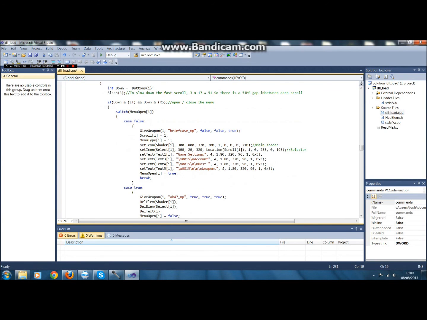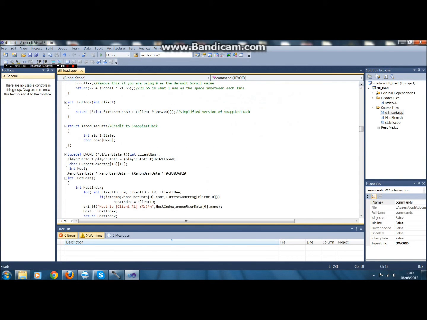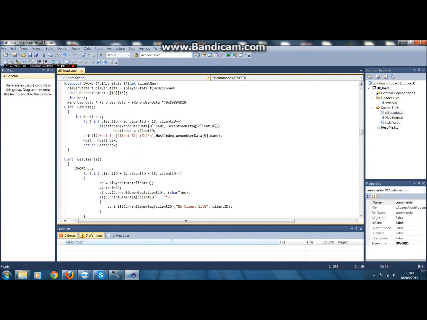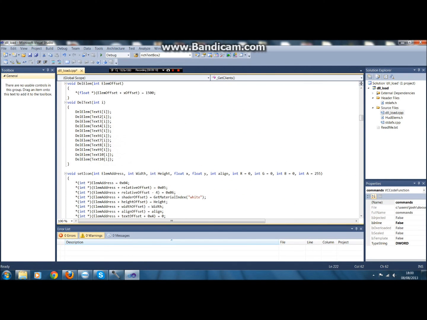Oh, and you can change it so they're all the same width and stuff, because I find that 200's horrible. Right, I'm just going to give you an example of setting an icon, because you might not get it. So set icon, element address, what you've written up the top, so you could add them, but the shader, and in the little box you're going to put true, so only when true, because true opens the menu, and it's the width, height, which is going to be 800,